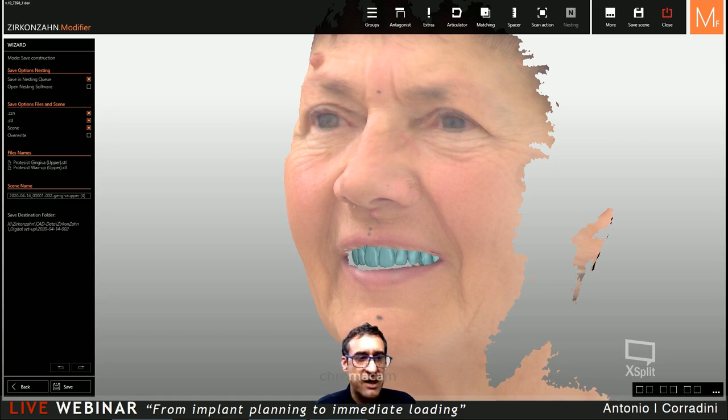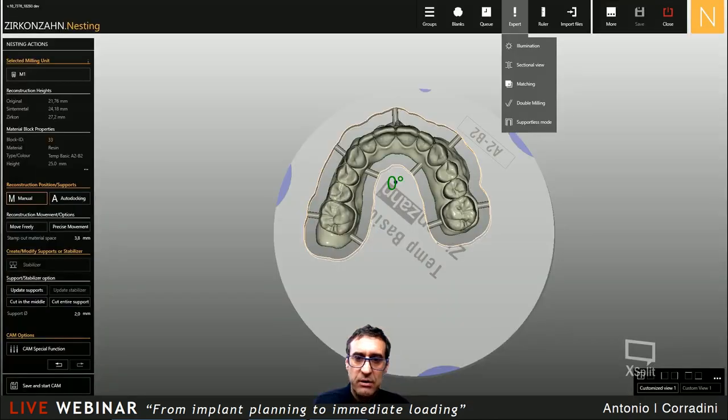The double milling function we have inside the nesting allows you to split the milling in two pieces. So you can first mill all the anatomy, let's say the upper part, without any holes, and all outside, so let's say make the big milling part first,